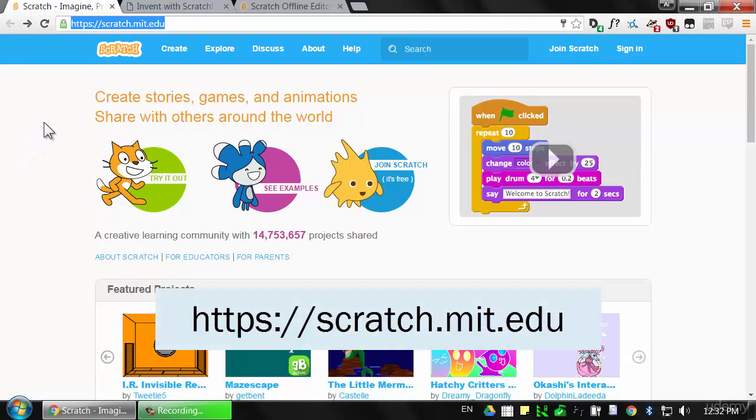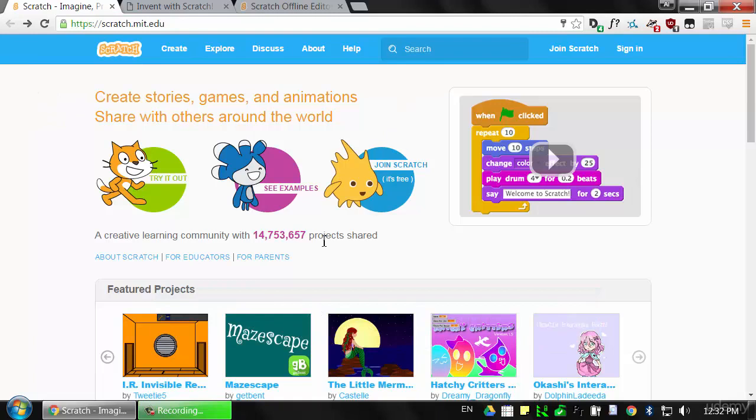scratch.mit.edu. This is the Scratch website, and Scratch is made by the Massachusetts Institute of Technology. So their website is scratch.mit.edu, not scratch.com or scratch.org or anything like that. This is the website that you want to go to. And once this page loads up, you can just click on Create and launch the Scratch editor and get started